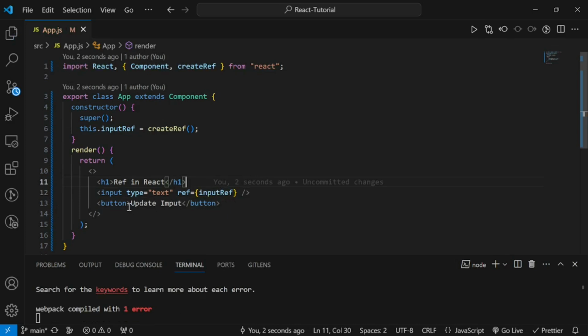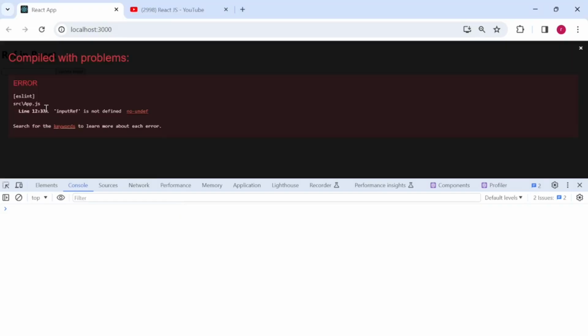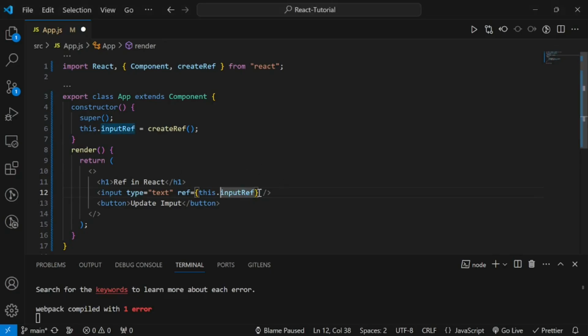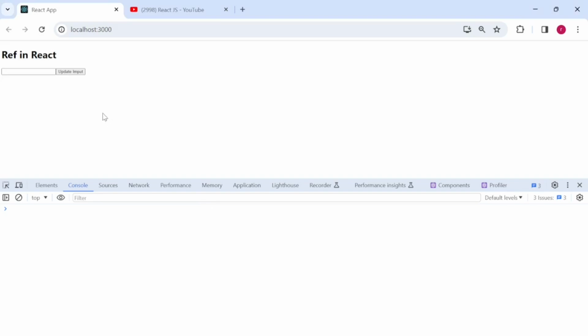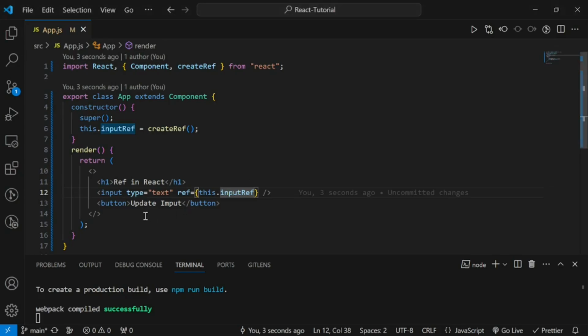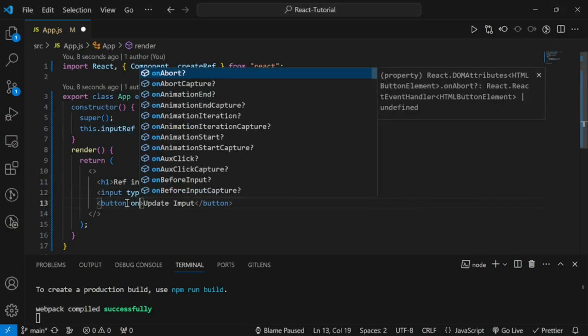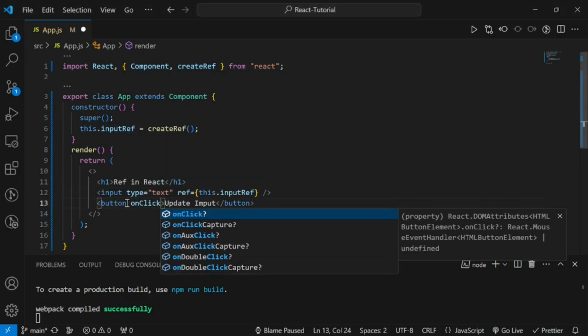Now what we are going to do is, we want to manipulate it based on button click. Okay, like our input, whatever is here, we want to manipulate it based on our button click. So as soon as I click on this button, something which I mentioned should happen in my input. Okay, so what I'm going to do is, I'm going to create an on click event handler,